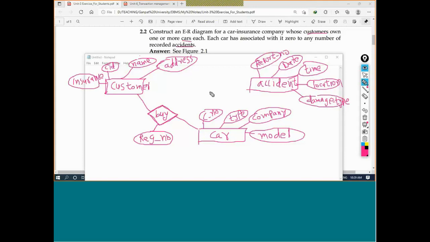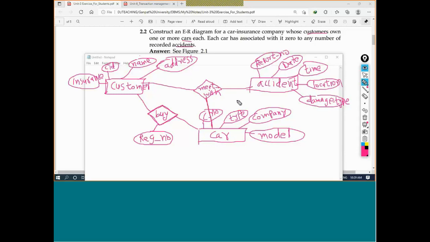Now here I will add that it met with an accident, whatever English words you want to write. The customer, accident, and car form a ternary relationship.